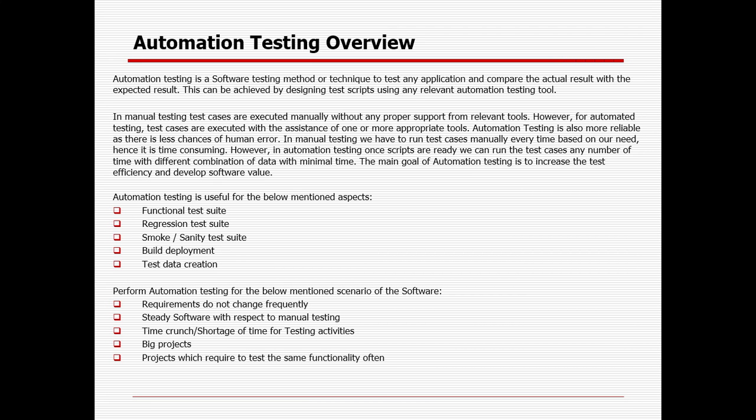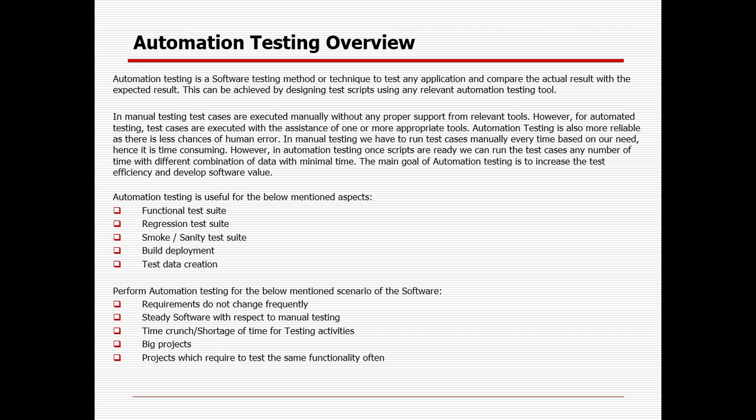Then you can go with the regression suite. Then you can go for the test data preparation part. Suppose you are working on an insurance project, sometimes you need to create policies and claims, 100 or 200 every day. So you can automate one policy life cycle, so that your script will automatically run 100 policies, 100 claims, like that. Those are the things you need to consider.